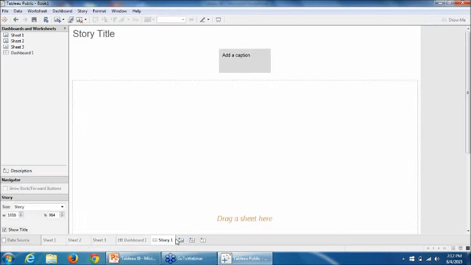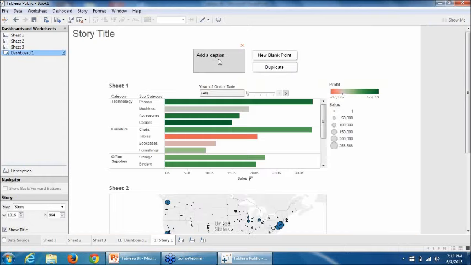It is called Storyboard, where you can create multiple dashboards, multiple sheets in a story, right? So let's say I have this dashboard on this sheet, and let's say I want to see sales by region across 4 years, that becomes a story for me.